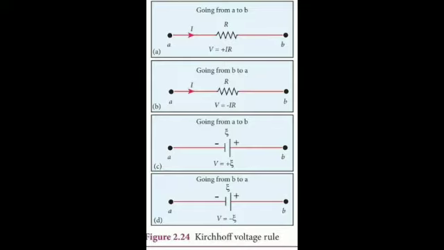The product of current and resistance is taken as positive when the direction of current is followed. Suppose the direction of current is opposite to the direction of the loop, then the product of current and voltage across the resistor is negative. The EMF is considered positive when proceeding from the negative to the positive terminal of the cell. Okay. Kirchhoff's voltage rule has to be applied only when all currents in the circuit are in steady state condition. That's all.